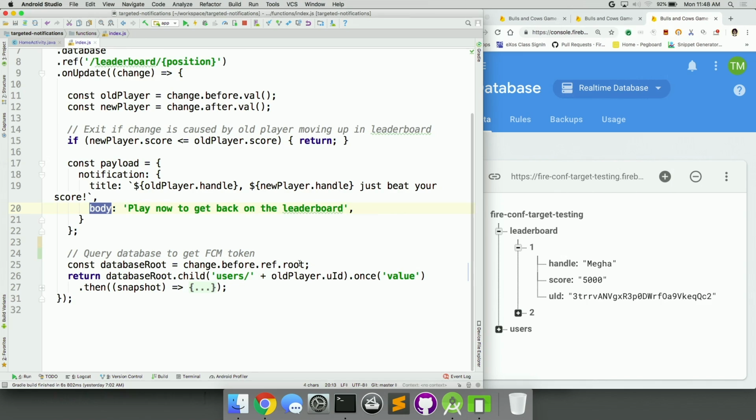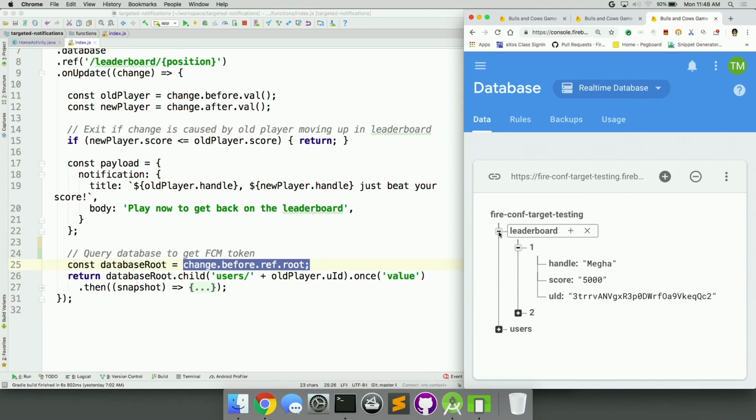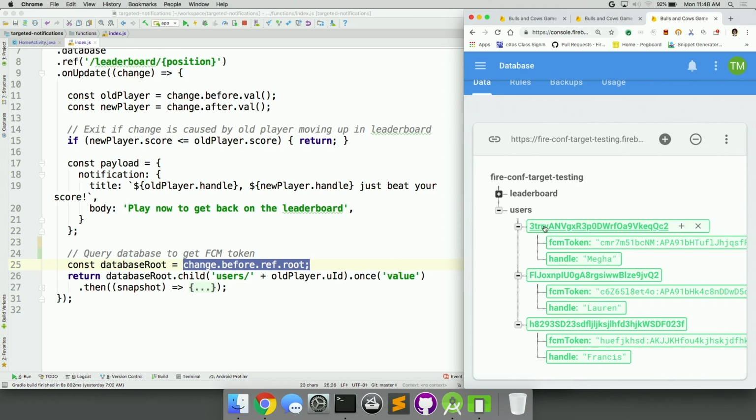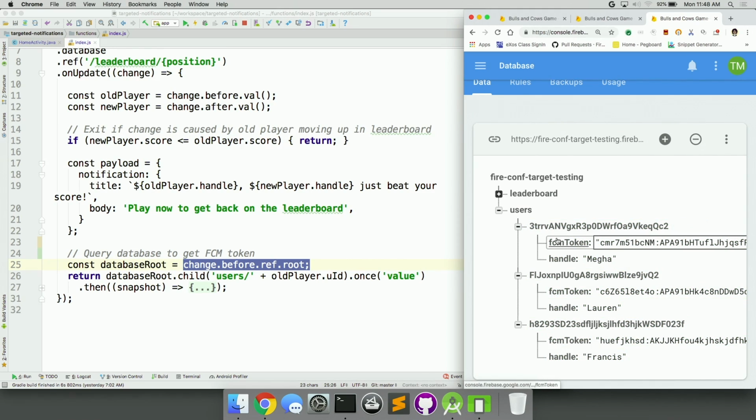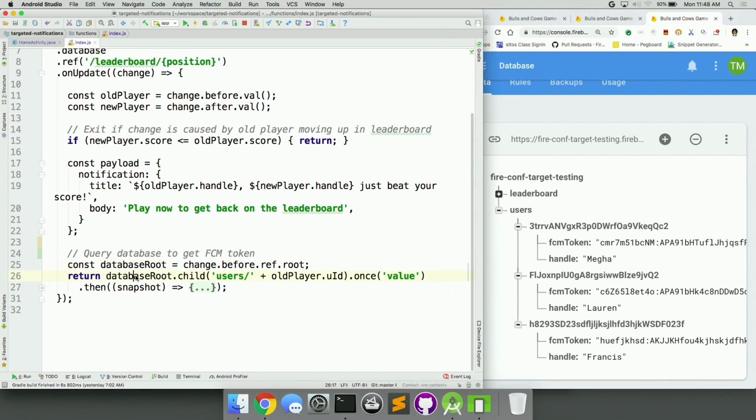So we'll query the database to find the FCM token we need to send the message to me. So if you look on the right-hand side of the real-time database, you'll remember that we store this information inside users/UID/FCM token. And that's exactly what we're doing in the lines below. So we're getting at the root of the database first. So change.before.ref.root gets us the root of the database. We can now traverse through the database to get users/the user's UID, so it'll be my UID in this case,